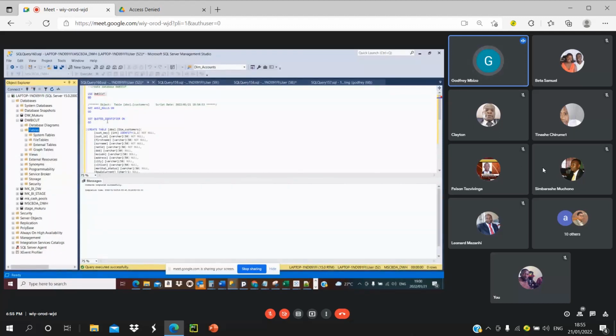Why is it I'm not seeing the table? Isn't it in the system tables? Okay, can I try to create it again? This is awkward. Okay, so